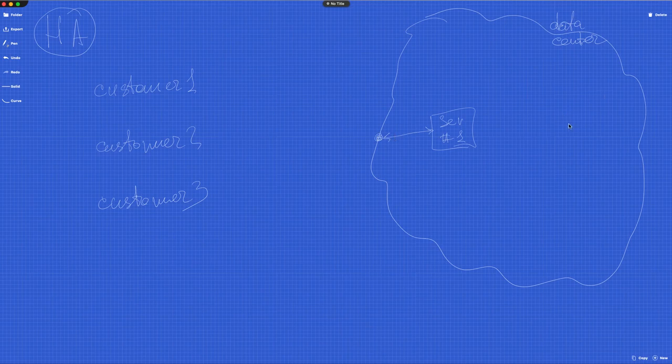So the service is also connected to the database where it stores some data, and during the request which it gets from, let's say, customer 1, it retrieves the data from the database and returns it back as a response. Okay, that's good. Now,